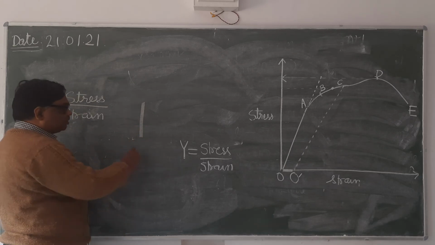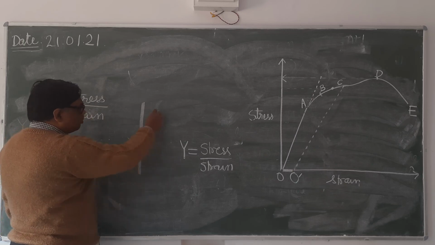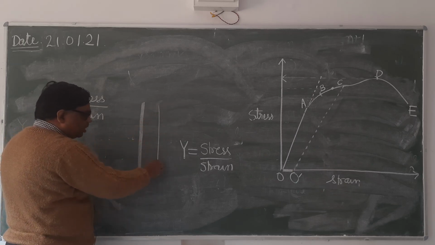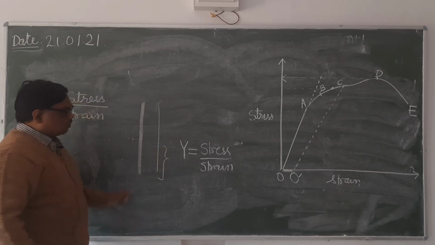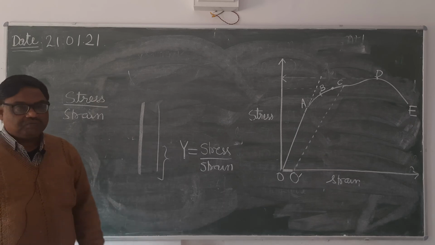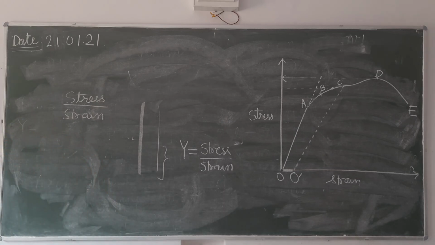थिनर एंड थिनर means पहले तो ये यूनिफॉर्म वायर था, अब क्या हो जाएगा? Wire thin होता जाएगा and ultimately it will break because of its own weight, because of the weight of the lower part of the wire. So you can see here, which portion of the curve represents the elastic and which portion represents the plastic region. So BE is representing the plastic region, or you can say BD. What is E? E is the fracture point. This I have explained.